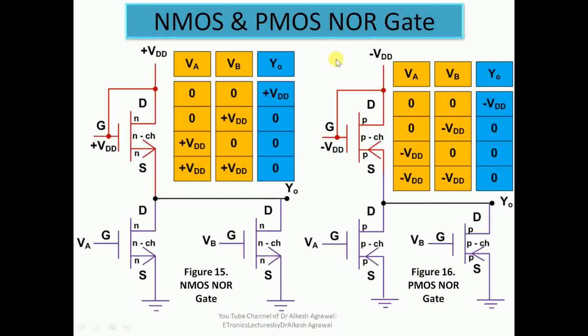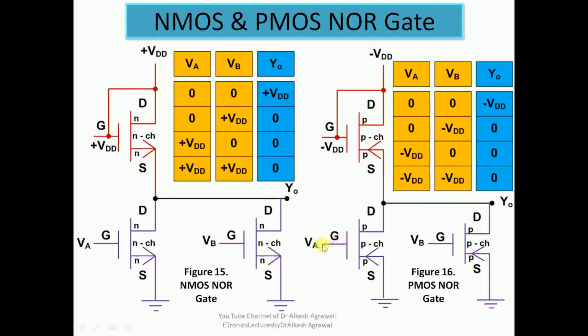The functioning is the same for a NOR gate through PMOS. The difference again is that we are giving a negative polarity voltage, minus VDD. In that case also we can see the transistors with input VA and input VB are connected in parallel. This upper transistor is always on because its gate is always connected to a suitable polarity voltage. In this case also, when both VA and VB are given a low logic, both transistors will be in cutoff mode and the output is pulled up to the supply. So we get minus VDD.